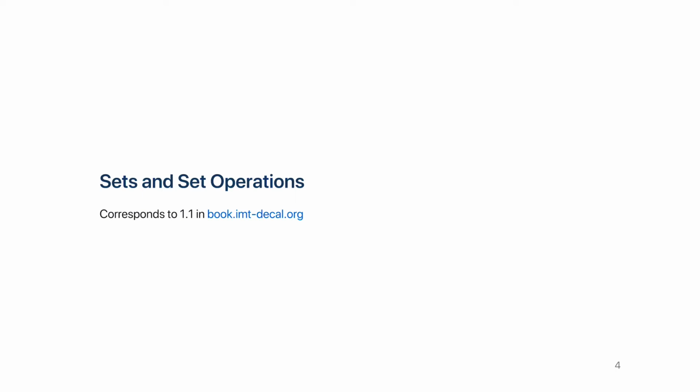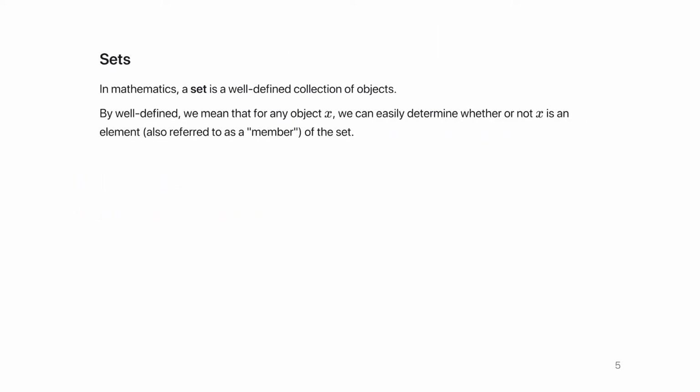First, we're going to define formally what a set is, and then talk about various types of set operations. In mathematics, a set is just a well-defined collection of objects. These objects need not necessarily be mathematical in nature. Oftentimes we'll be talking about sets of numbers. You might have talked about sets of vectors in another class. But there's nothing stopping us from talking about, for example, the set of students in this course. These are all examples of sets. And what do we mean by well-defined? By well-defined, we mean we can easily tell whether some object is in the set or not.